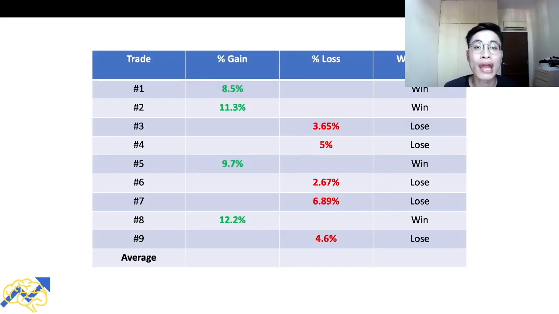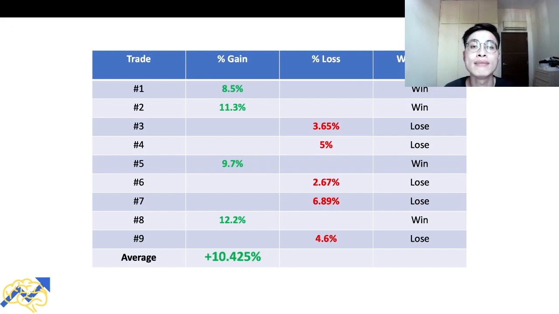Okay, now let's take a look at another example. So in this example, there are 9 trades in total. And for each trade, I wrote down either the percentage gain or percentage loss. Let's take a look at the average gains first. So what we want to do is tally up the total percentage gains, right? So we add 8.5% to 11.3% to 9.7% and 12.2%. And then after we tally this amount, we divide by the total number of winning trades. So in this case, there were 4 winning trades. So if we tally that up and divide by 4, we'll get